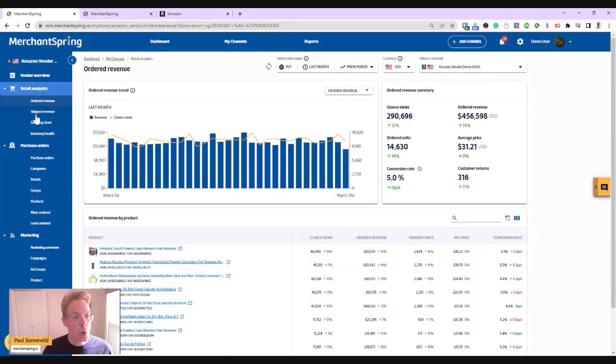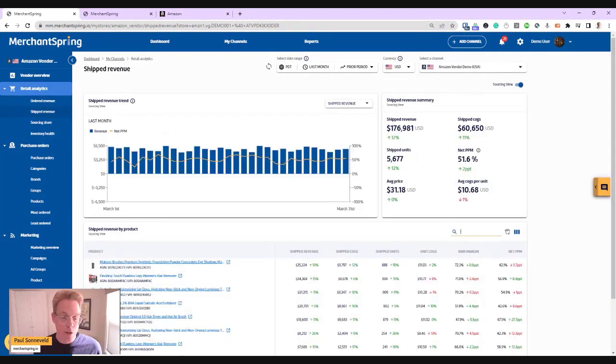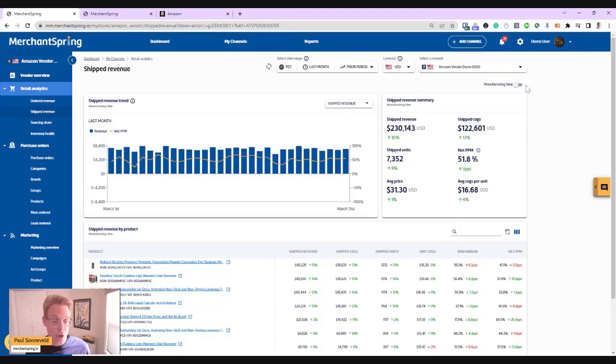That's part one. Part two talks about, we call this ship revenue, when Amazon ships orders from their warehouse to meet that consumer demand. Now, keep in mind, we actually have two views here. We have a sourcing view. So that is all about the inventory that Amazon sourced from you or your client to fulfill consumer orders. And of course, we have a manufacturing view that talks about the total number of products that Amazon shipped relating to your brand. A brand you may own, but they may have sourced it from a local distributor, or in many instances, especially in Europe, from another Amazon country.